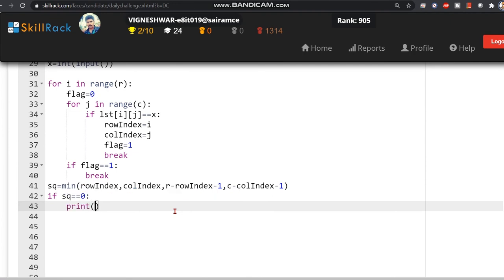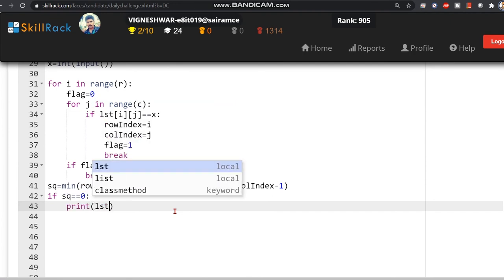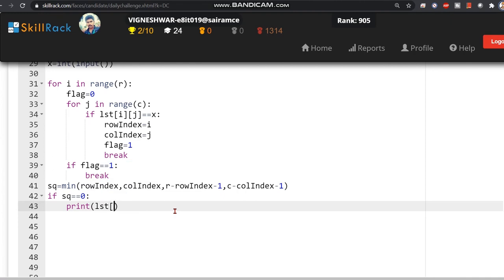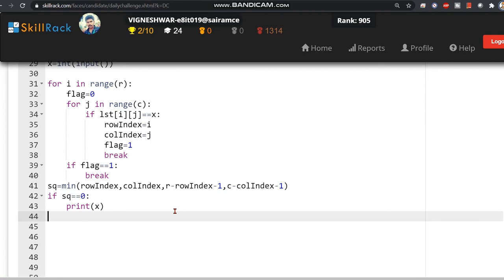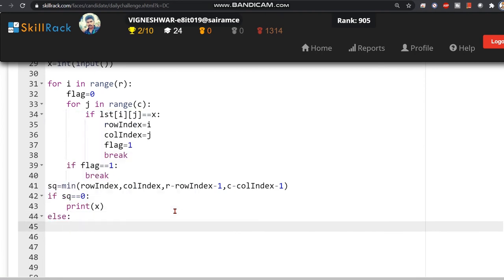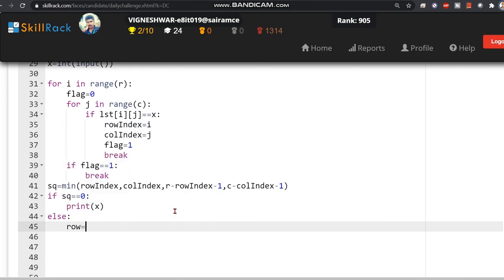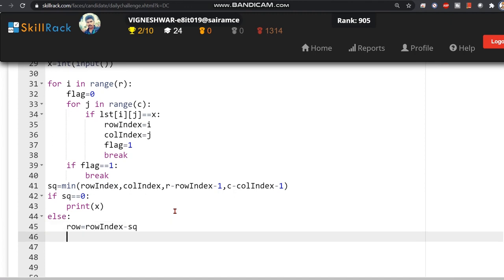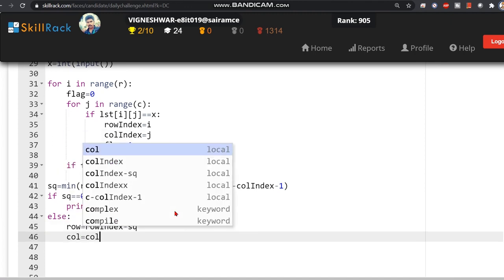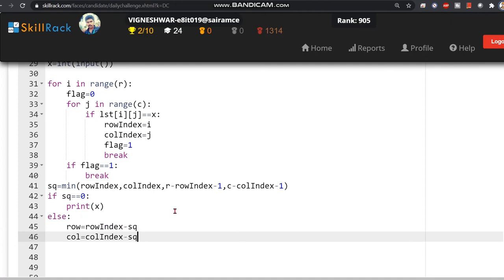Now if you find sq is 0, then you can print x as it is. Else we can have a row, and we subtract sq from that: row index minus sq, that we have discussed earlier, and column index minus sq.